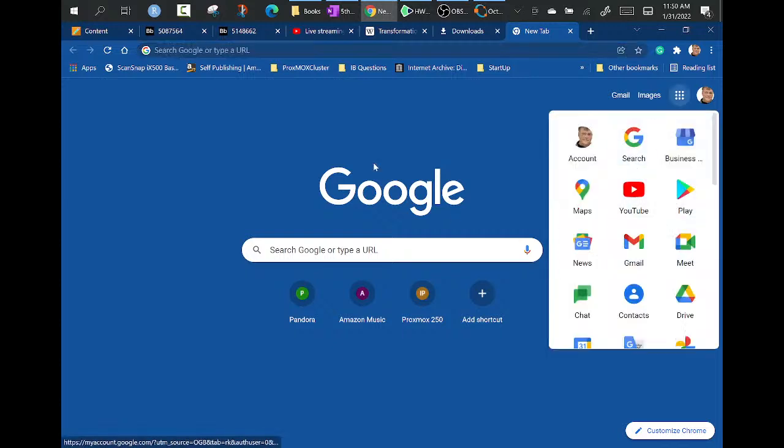Here, I'll look on the other computer real quick. Oh, I did. I did the word of the day. That's correct. Okay,